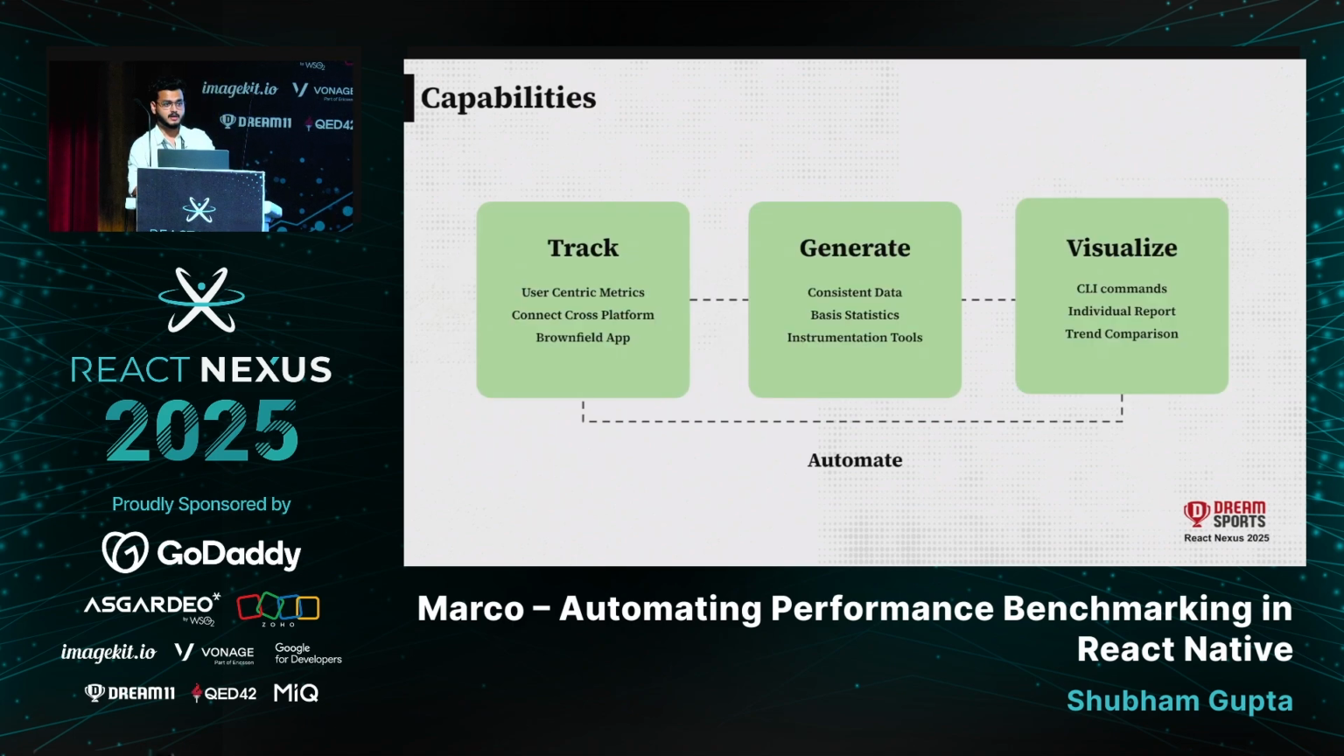Let's now see what the Marco capabilities are. Starting from the very first, it provides a set of tools which helps us manage app performance end to end, starting with tracking. Marco provides a way to track metrics like LMP and FMP of any screen or app startup. Apart from this, it also provides APIs that help us track performance regression in the Android and the iOS world. So we can connect React Native with Android and iOS together and see a complete picture